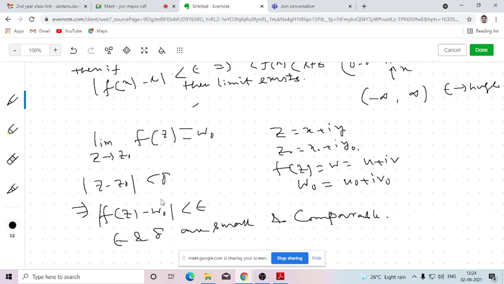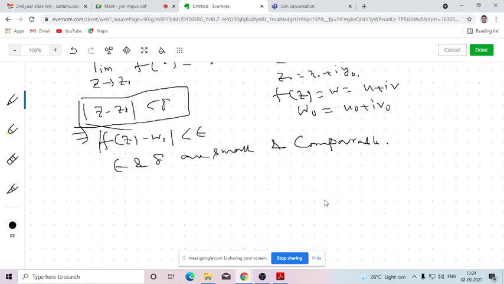So how can we visualize this? What is the locus of this equation? What is the geometrical significance of this equation? Can anyone tell me? What does it represent geometrically? Circle. This will represent the inside of a circle. Yes, because |z minus z0| is less than delta. So this will represent the interior of a circle with center (x0, y0), because if you break this and square it up, you will get (x minus x0) squared plus (y minus y0) squared equals delta squared.